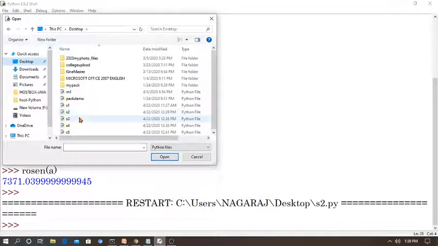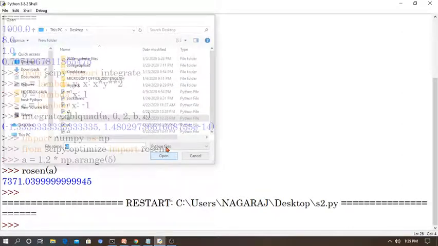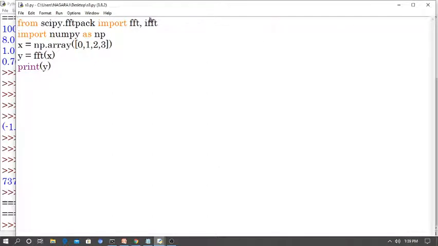A simple and easy Fourier transform. Doing it manually would need other programming, we can't do all these functions that way. So here I first import the package: from scipy.fftpack import fft comma ifft, then import numpy as np, then I am going to give the values.